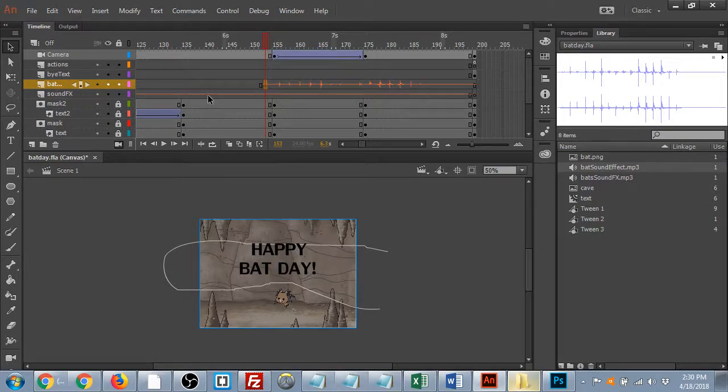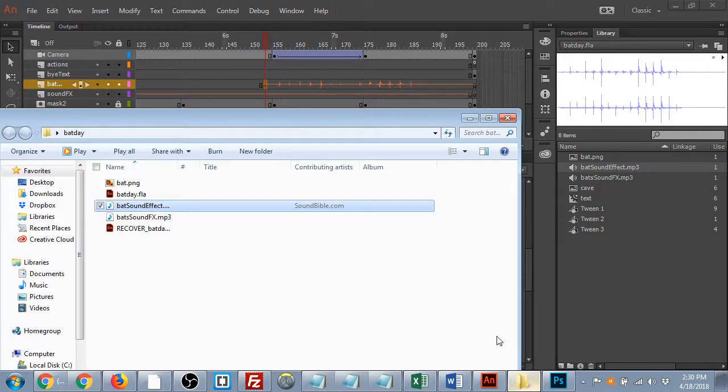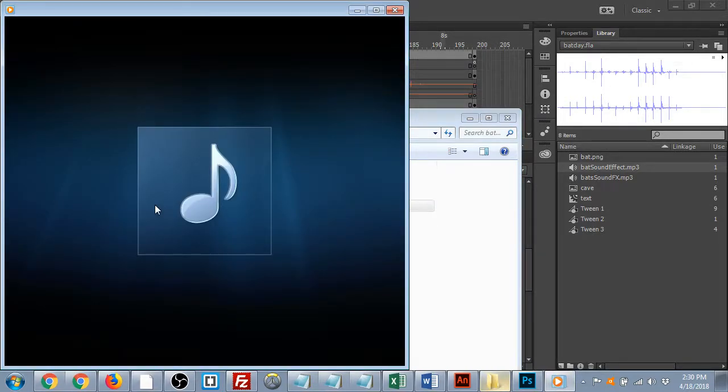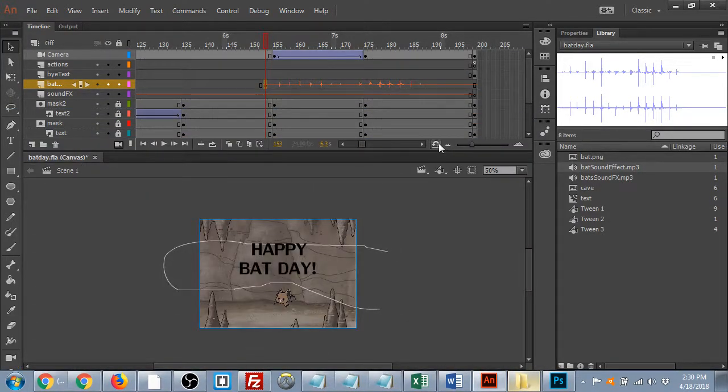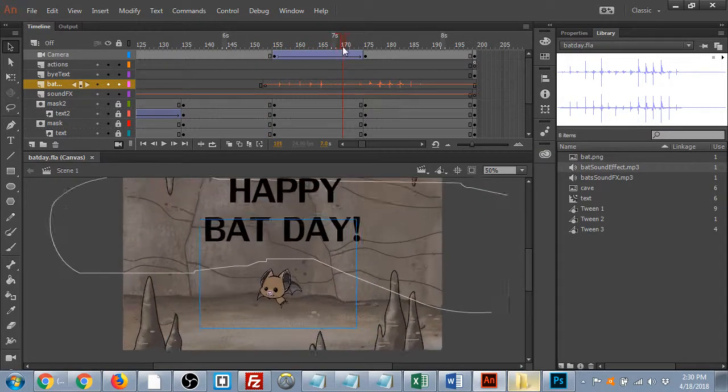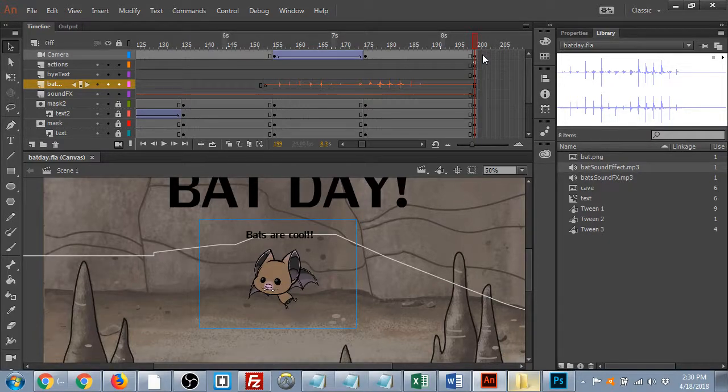So here I have sounds that are lasting the whole time, and then I have sound effects play when I want them to. That's the big difference there. Now again, remember it's going to play all the way through. And I guess it's only 2 seconds? Oh, that's not bad at all. That should be okay. That sounds really weird. Anyways, he comes flying out, makes the creepy noise, then it stops there. Just like, have a nice day, bats are cool, whatever. Okay, done, yay, right? Control Enter, test this bad boy,